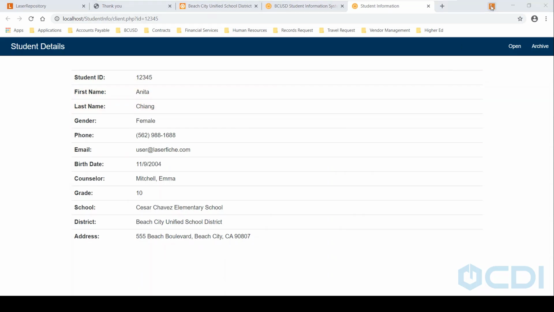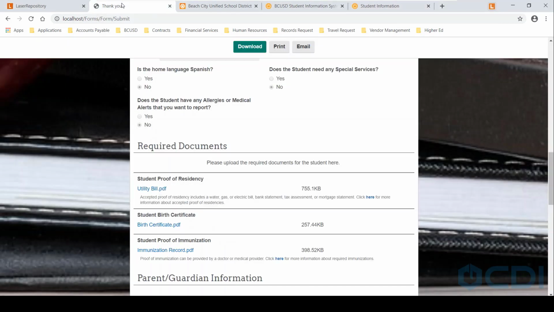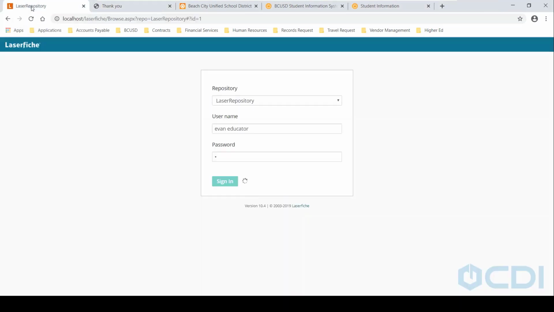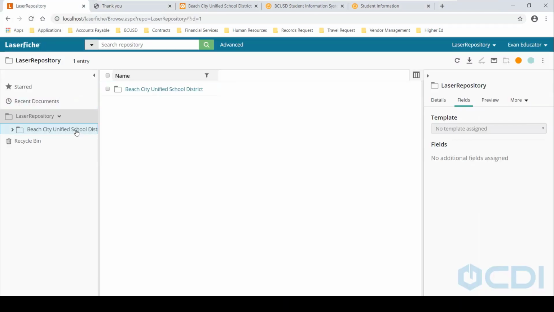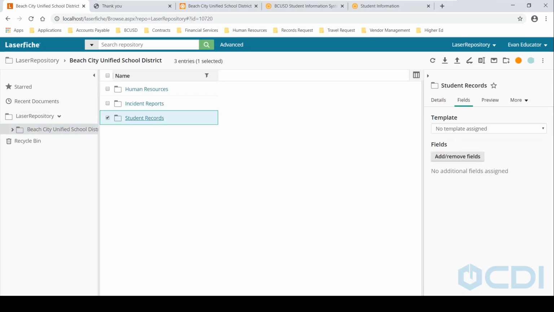And then of course, we can also see that I can file an incident report. Now I'm going to come back to this in just one moment because I wanted to show you where all those student documents saved. So if I go to my Laserfiche repository, student records,